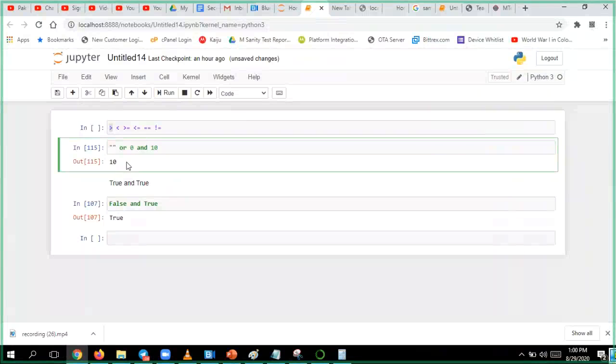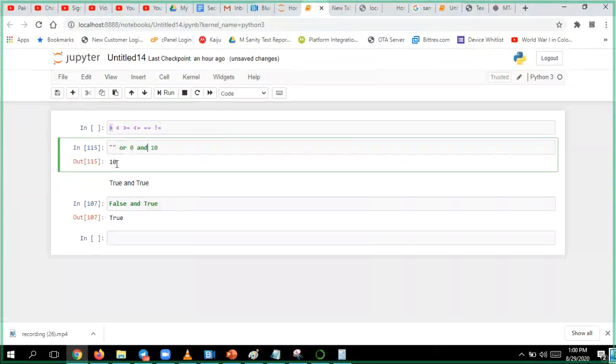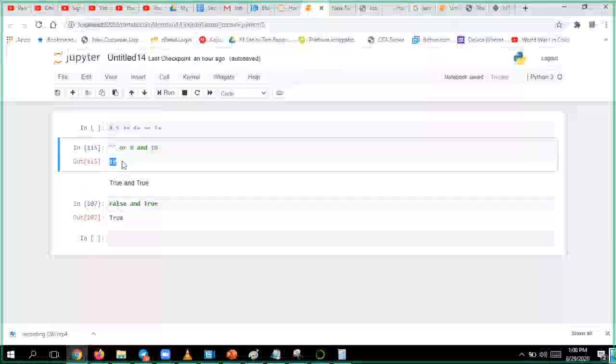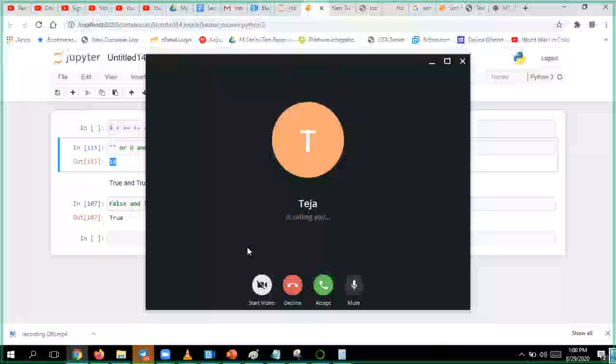When and, both must be true. So now what will be the result? Next is and. No, next is and. Here what is the result? 10. 10. Give me a second, guys.